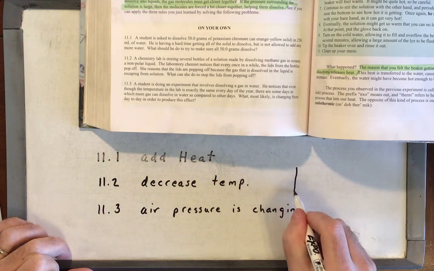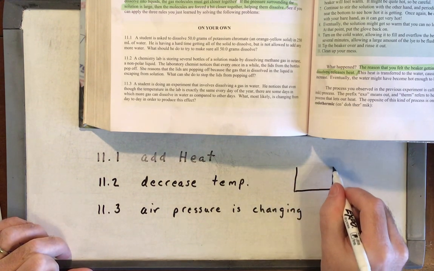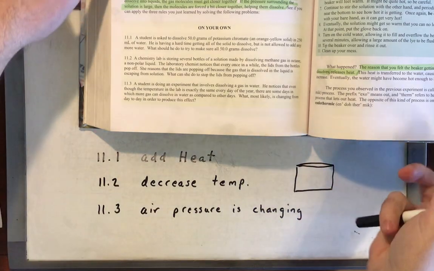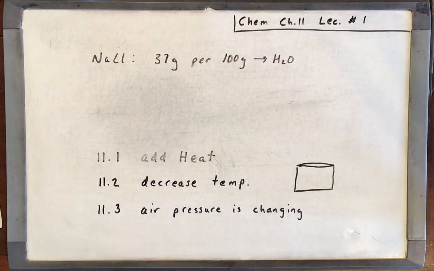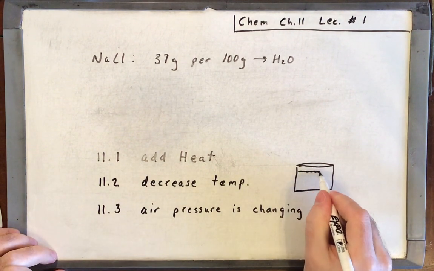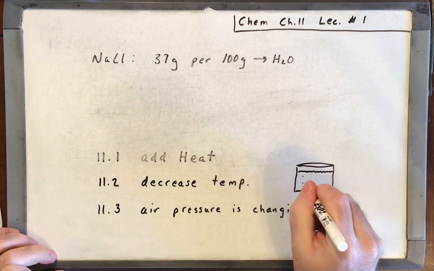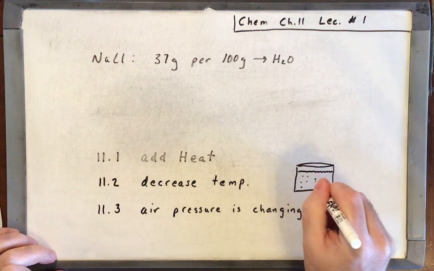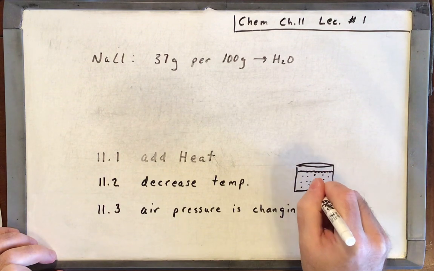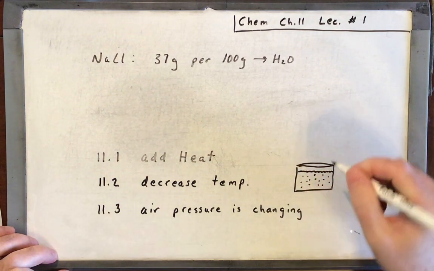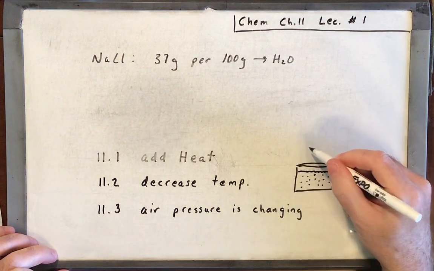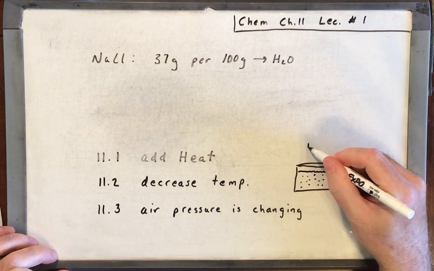Let me just draw a little diagram. Let's say we have a beaker. Let me describe this air pressure situation a little better. And let's say we've got some water in that beaker and we have some dissolved gas. We'll just represent that dissolved gas with dots. Those molecules are moving around. Some of them hit the surface and escape. They will stay dissolved